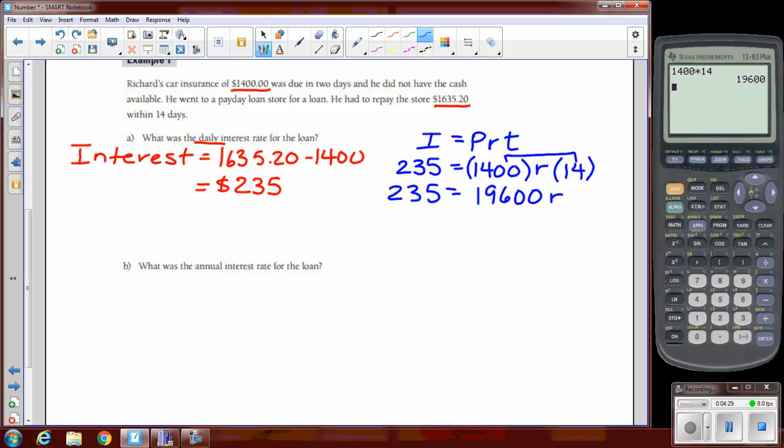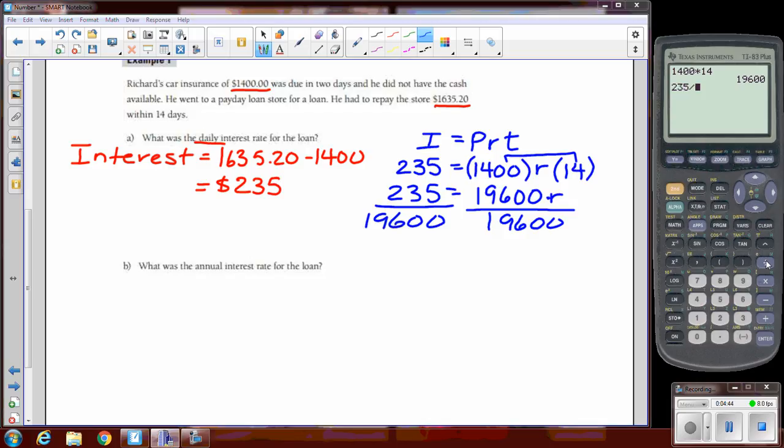Now to isolate R, we have to do the opposite operation. That's what's happening between here. These two things are multiplying. So we're going to divide out the 19,600 from both sides. So we have 235 divided by 19,600. And we get this decimal, remembering that this is a